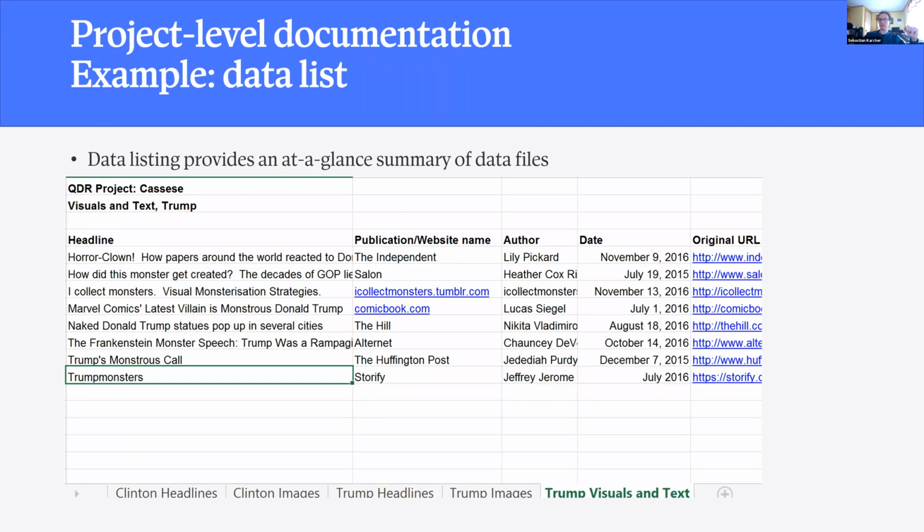One of my principles when I think about this for my own projects and when I teach is to keep this as simple as possible. So I use a ton of spreadsheets, kind of creating overviews and lists. And this is something that we worked with someone who was sharing data through QDR, and her project was on